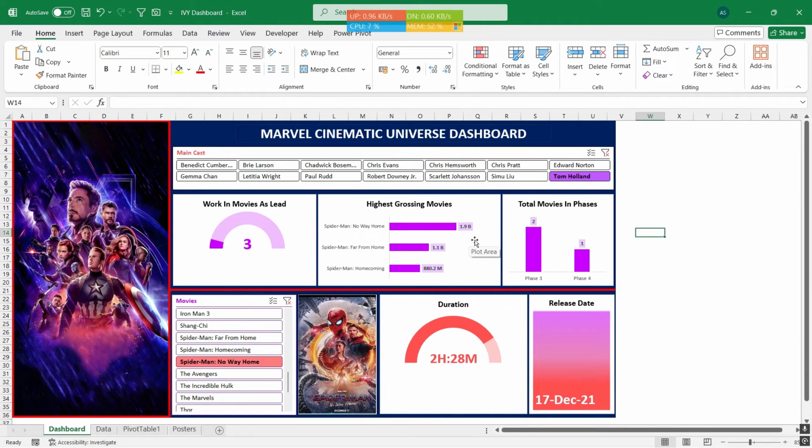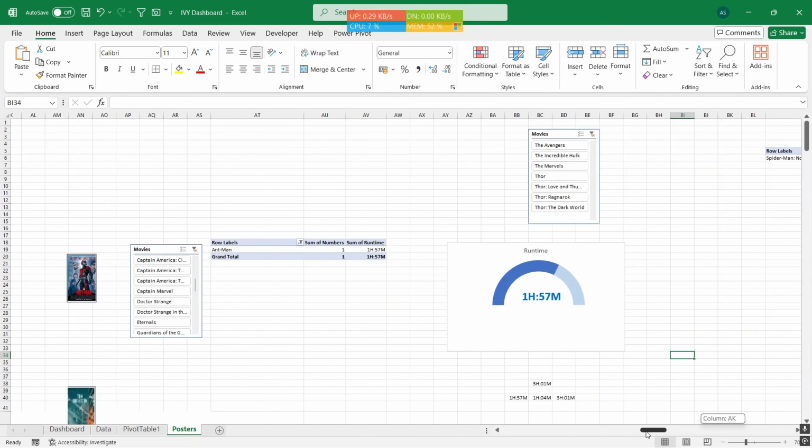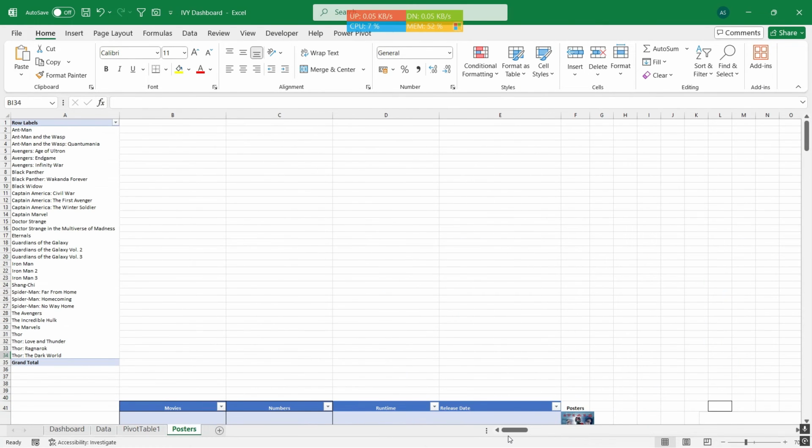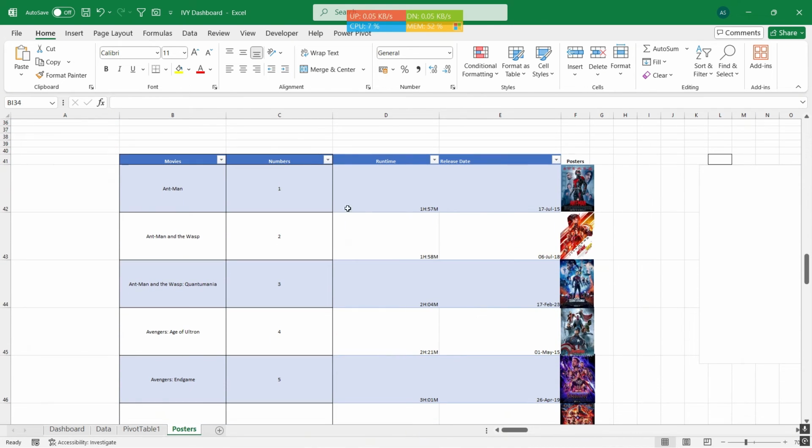Okay, now let me give you a quick overview of how this dashboard was created. First we go to the poster sheet, where you can see a pivot table containing posters and 2 charts. To create this pivot table, I first made another table where each poster is assigned a number, like this.